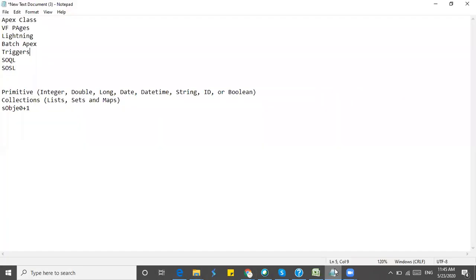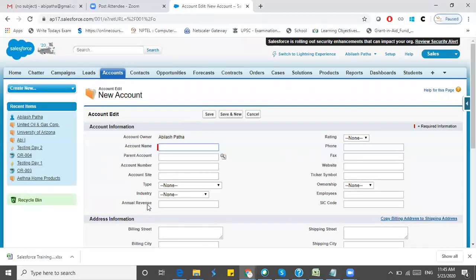If you want to add functionality when a record is saved, say a new account is created according to given criteria and we want to send a mail, or create a record in another object, we have workflow and process builder. But if there are complex calculations or conditions to be checked, we may not be able to do it using workflow and process builder. At that time, we'll go to triggers.